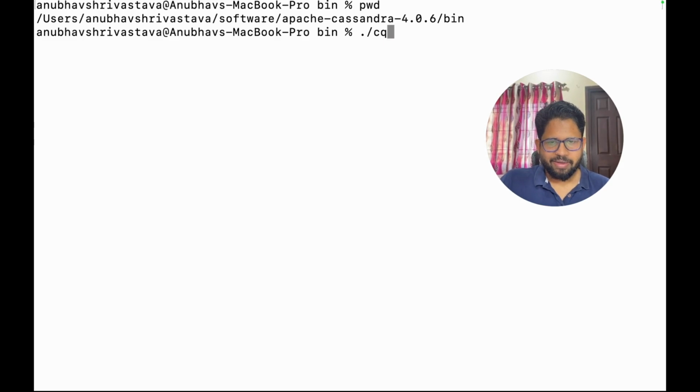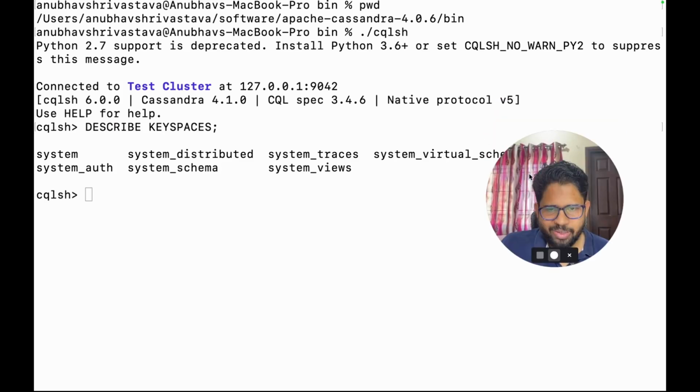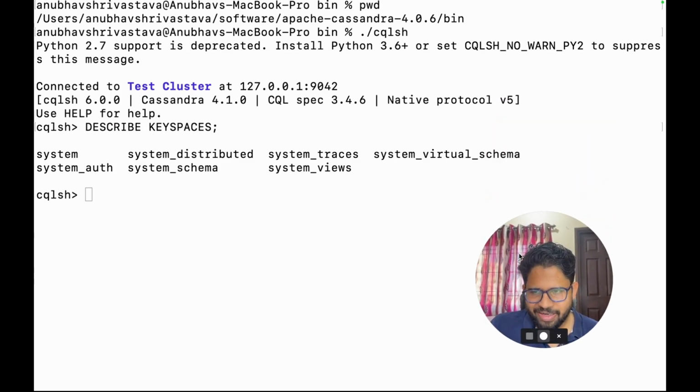And here I can run cqlsh. If I do this, you can see I have been able to connect to Cassandra using the command line. And here I can write describe, and you can see I am able to run the commands and get data from the Cassandra cluster using Docker.